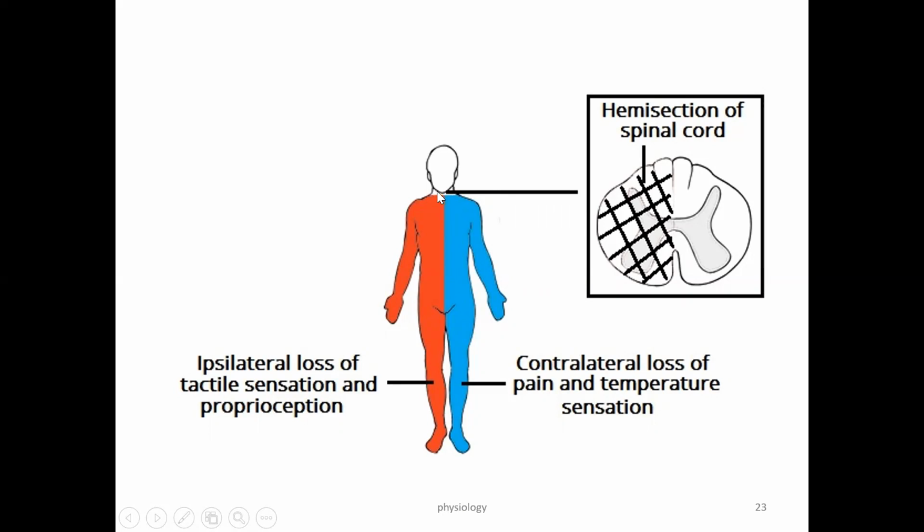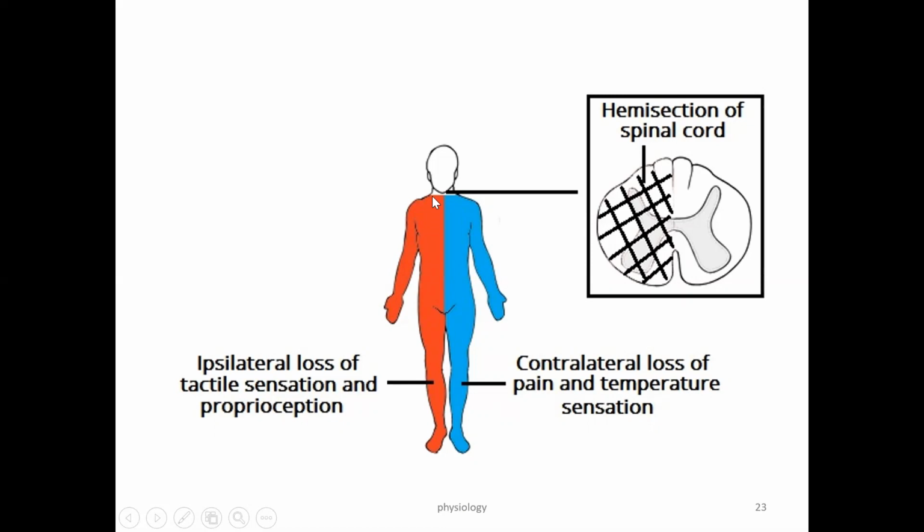Because of crossing that takes place, sensation from the left side, that is pain and temperature sensation, crosses immediately towards the right side. That's why if there's damage to the right half of the cervical vertebra, there is a loss of pain and temperature sensation over the left side, while there's a loss of fine touch, proprioception, stereognosis, and vibration sensation, that is, the sensations carried by the dorsal column pathway,